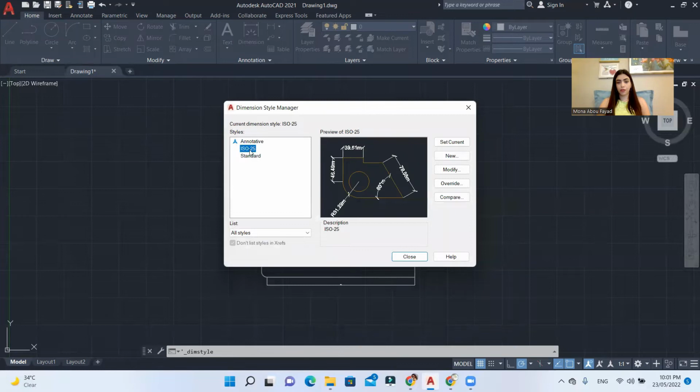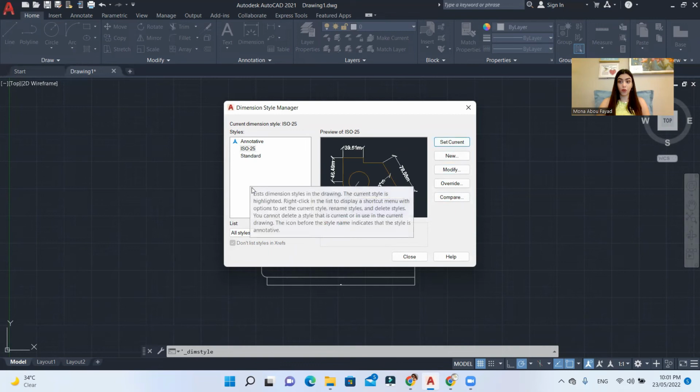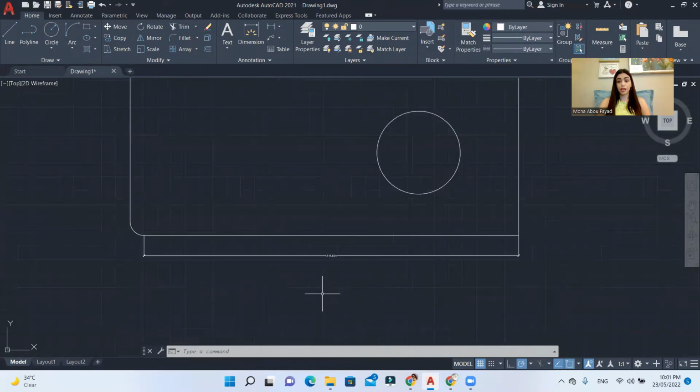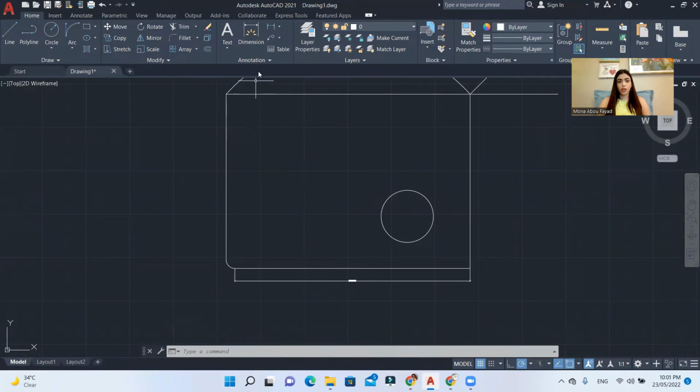I'll make sure that I'm using this one as my current, so I'll set current. If you create a new one, you will need to do this step, which is set current, and then I'll close. So it has changed, but it's still a little bit small. To increase it more, I'll go again there and I'll just change these two things, the text and the